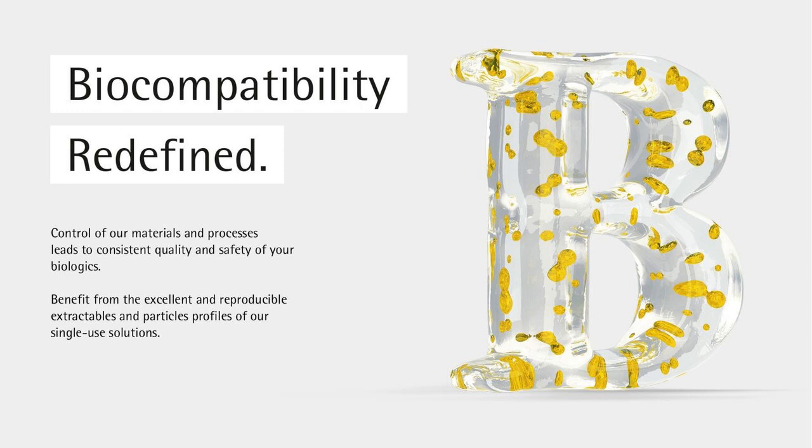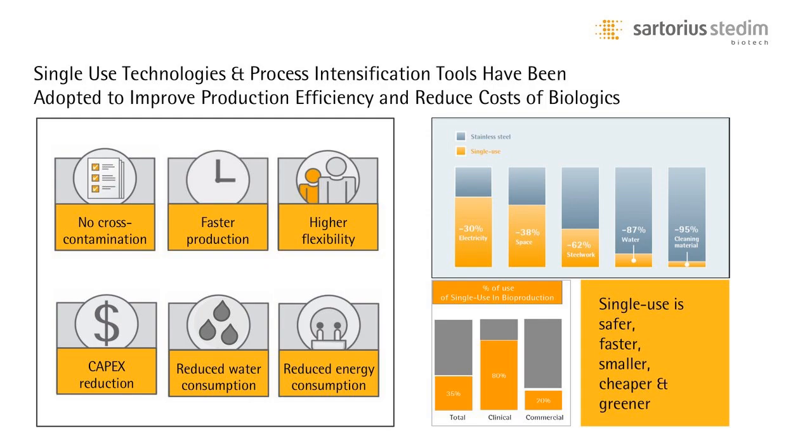So single-use systems, together with process intensification, have been the key tools used by the biotech industry today to improve production efficiency and to reduce the cost. There's no need to repeat all the benefits of single use, but the key point here is that we will expect yet a massive growth of single use, especially when you see this chart, where only 20% of the commercial process steps today are using single use, and we have this clinical pipeline with 80% penetration of single use. So every time a new biologic switches from clinical to commercial, there is a huge increase of single use in commercial processes, and of course this is due to the benefits,